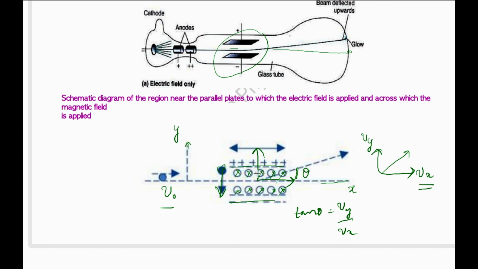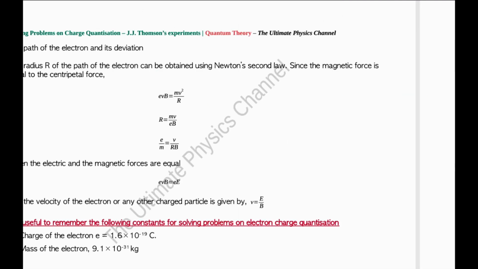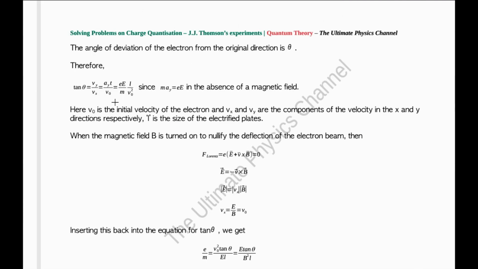So there is nothing done here in this region to further change this velocity or accelerate the beams. It is not done there. So V0 is equal to Vx. And Vy is equal to the acceleration in the y direction, that is upwards direction in this particular diagram, times the time or duration during which such an acceleration occurs in this particular region where electric and magnetic fields are present. So going by that, we can say that